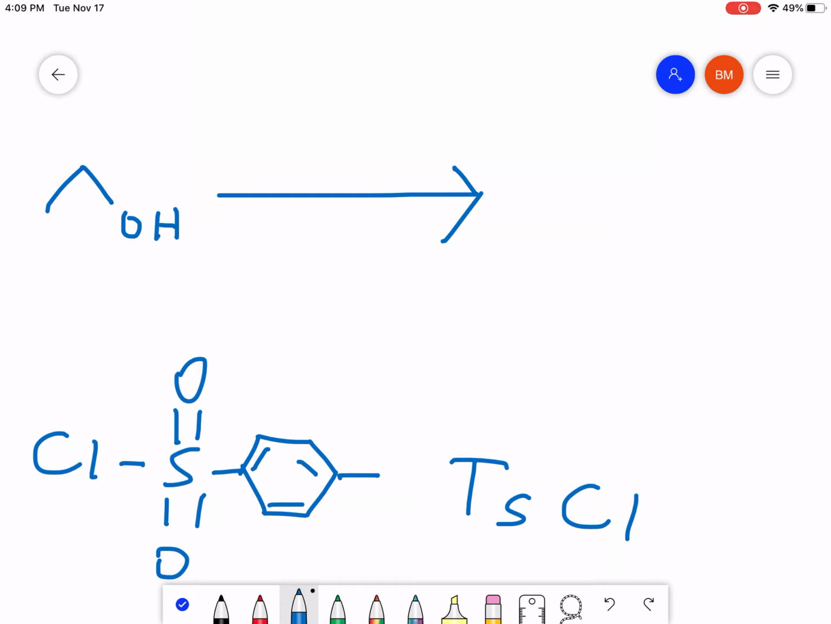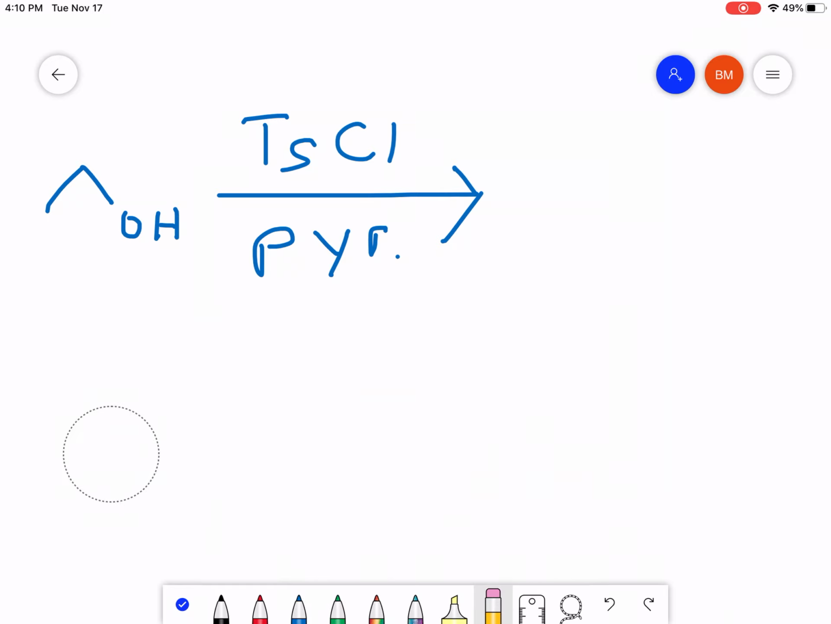All right, so we can react an alcohol with tosyl chloride in the presence of pyridine. We've seen pyridine a couple of times already. It's going to function as a weak base, just like it did the other times. So basically what happens here is, whoops,